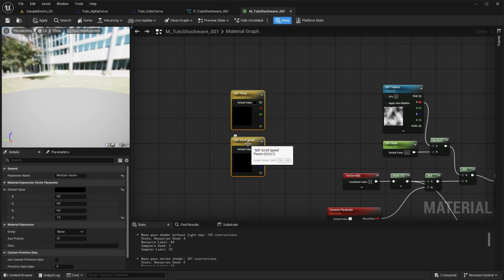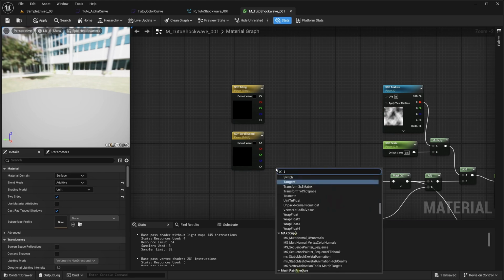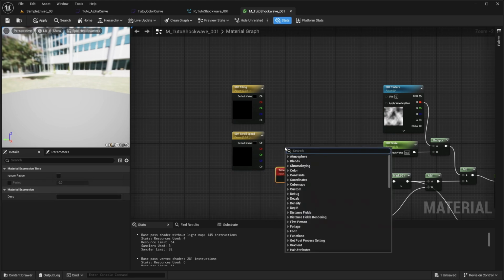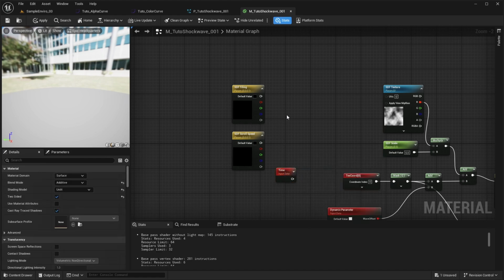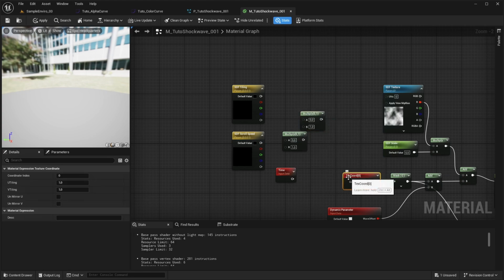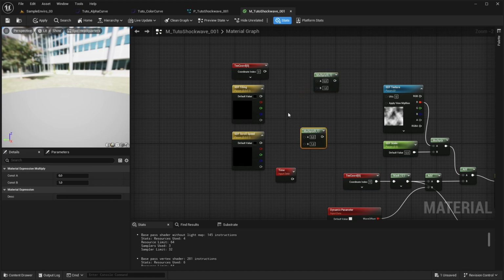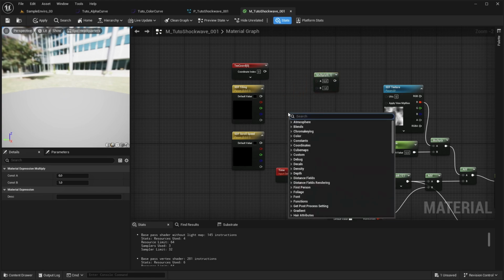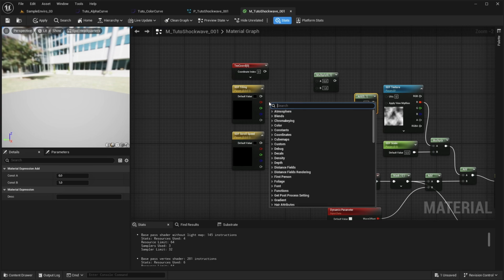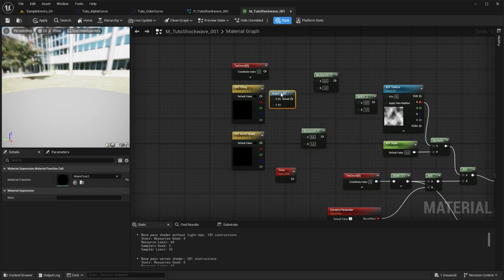After that, we just have to create a few more nodes, like a time node, multiply, and another multiply, and we can copy paste this texture coordinate there, like that. The last node we need will be an add and a make float 2, like that.